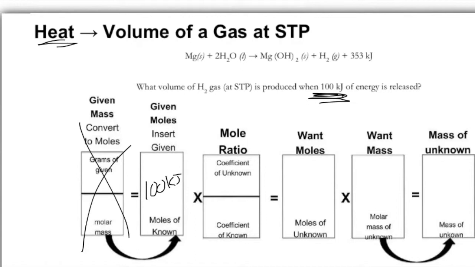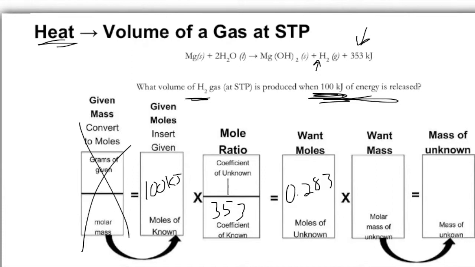Then my mole ratio, the unknown, is hydrogen gas, which has a coefficient of 1. My known is energy, and up here in the equation we have 353 kilojoules. That's the coefficient. The number of kilojoules in the equation is the coefficient if you're dealing with energy. So 100 times 1 over 353 is